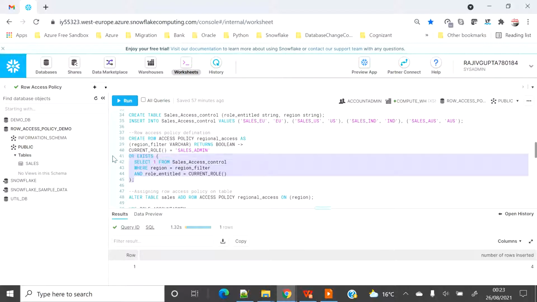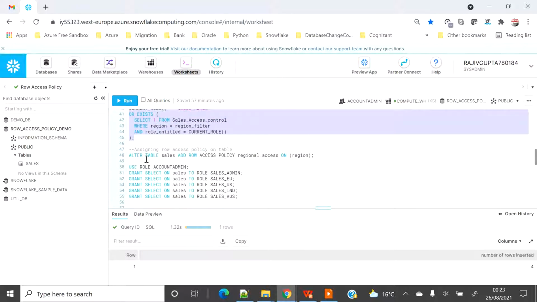In that way I control the logic, whether the particular user has full access based on the sales admin role, or the user has a particular region wise role like sales US. So I will provide the information based on that role. That's how the row access policy has been implemented. It is as simple as this.